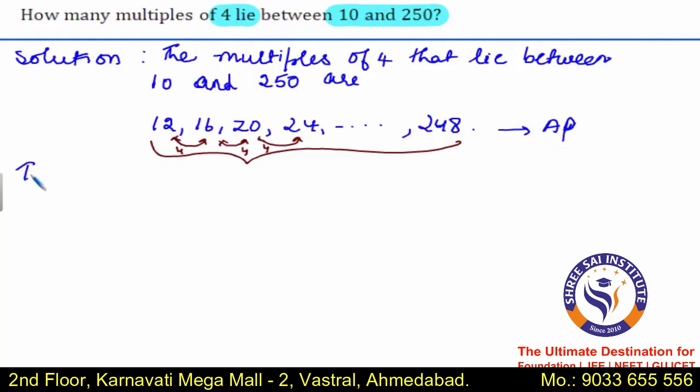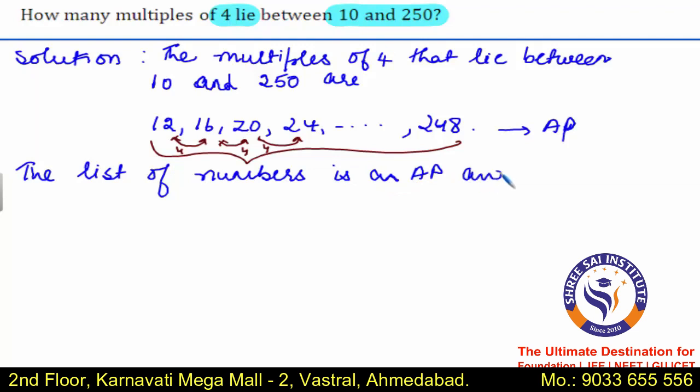The list of numbers is an AP and its first term, denoting it by A, is 12, since 12 is the first number which lies between 10 and 250, which is a multiple of 4,